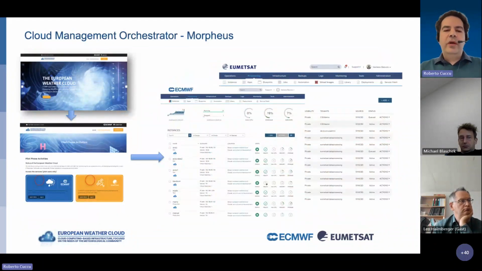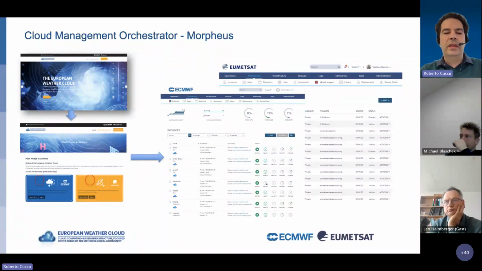So, moving towards the more practical section of the webinar, we introduce the Cloud Management Orchestrator Morpheus, which is the primary access for the users that need to deploy and manage resources in the European Weather Cloud. Through Morpheus, the users have a dashboard to monitor the deployed resources and also reporting capabilities, the provisioning capability to create virtual machines or more complex setups,